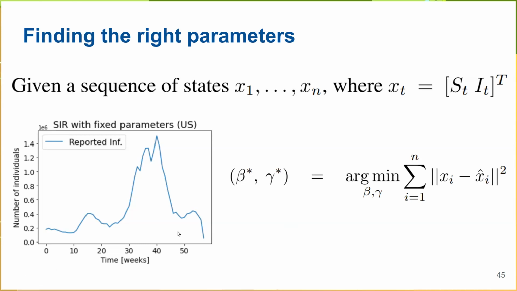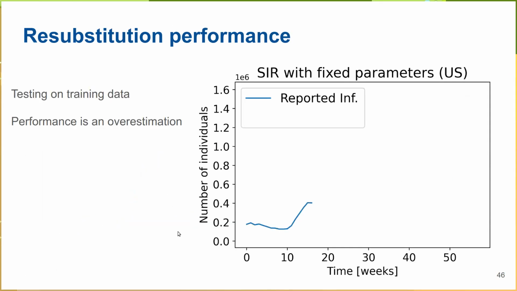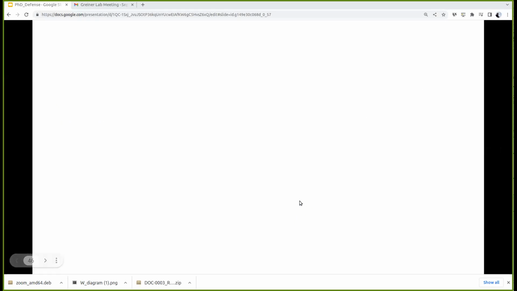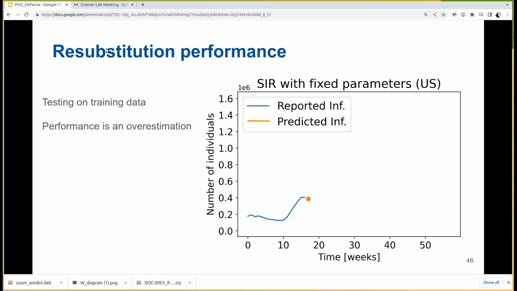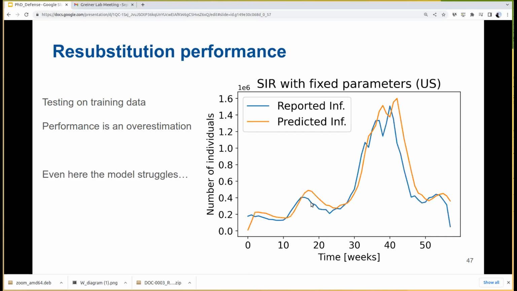So let's look at the entire data, these 56 weeks of data. Let's learn the parameters. And once we have the parameters, let's go back in time. Let's assume that we are on week 16. Let's use the parameters to make the prediction. And this is our prediction, because it looks like an extension of this part. But then we compare with what actually happened, and it turns out that the reality is that it went up. And then we keep doing this for all the weeks in the dataset. So we end up with a curve like that.